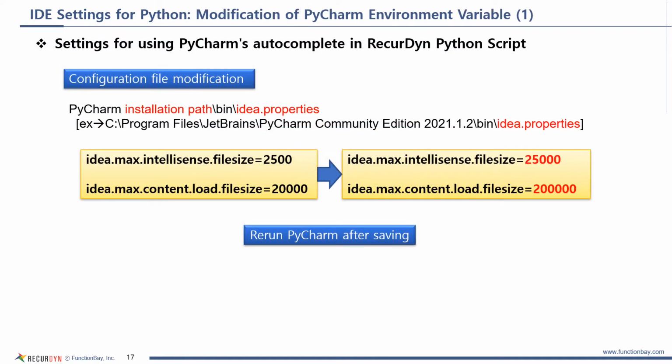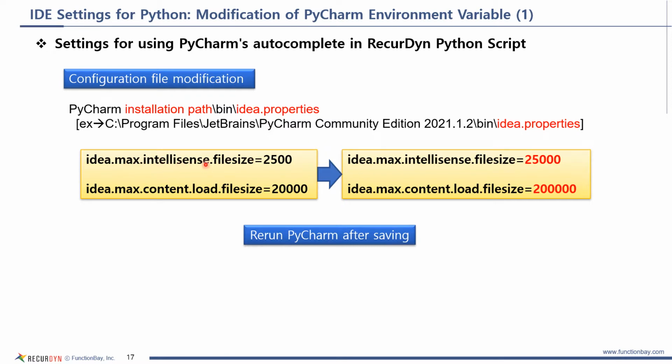Now that the installation is complete, several settings need to be done. This is related to PyCharm's autocomplete feature. There is a folder called bin under PyCharm's installation folder. And in this folder, you can find a file called idea.properties. When opening this file with the text editor,